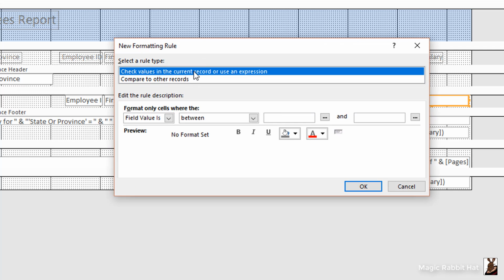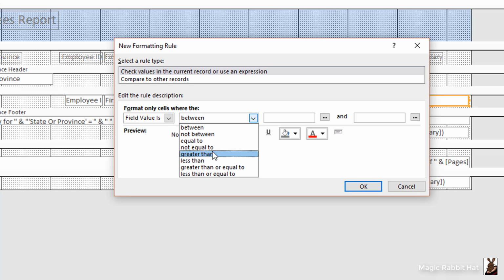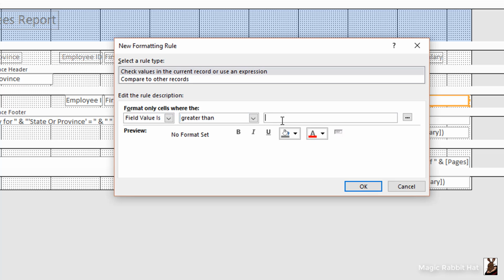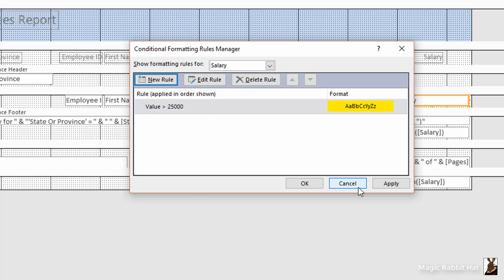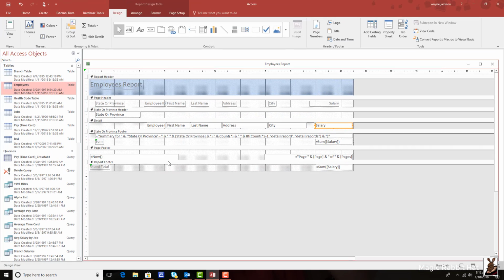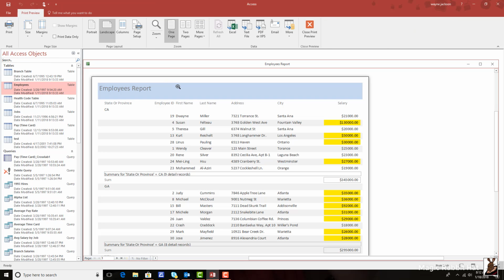check values in the current record or use an expression, and once again change the fill value from between to greater than $25,000. I'll change that field to a yellow fill, click OK, click OK again, and when I place the report in Print Preview, it now appears with all salaries greater than $25,000